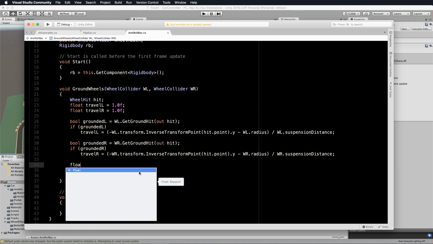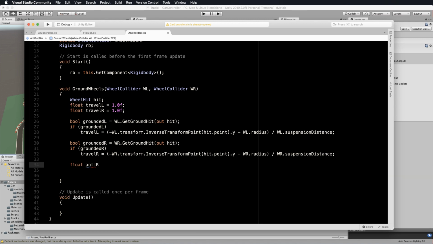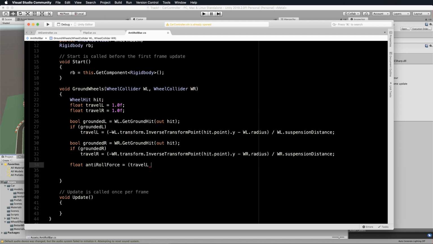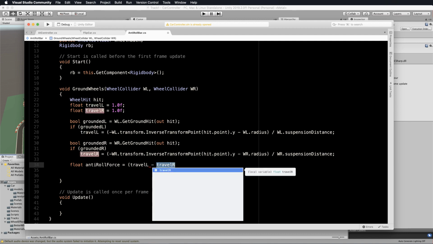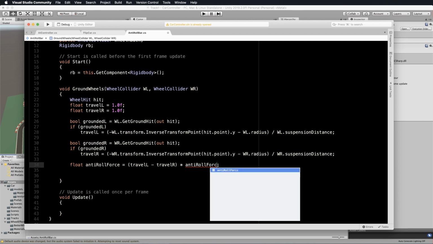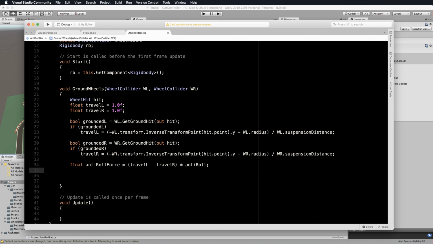So let's create a float which will be anti-roll force, and that's going to equal the difference between our amount traveled, so travel L minus travel R, and we're going to multiply that by anti-roll. Okay, so we're taking the difference, not force, roll. We're taking the difference of the distance traveled, or the proportion of the distance traveled that the wheels have along their suspension, and using that multiplied by our anti-roll, we can then apply that particular force to the wheel that